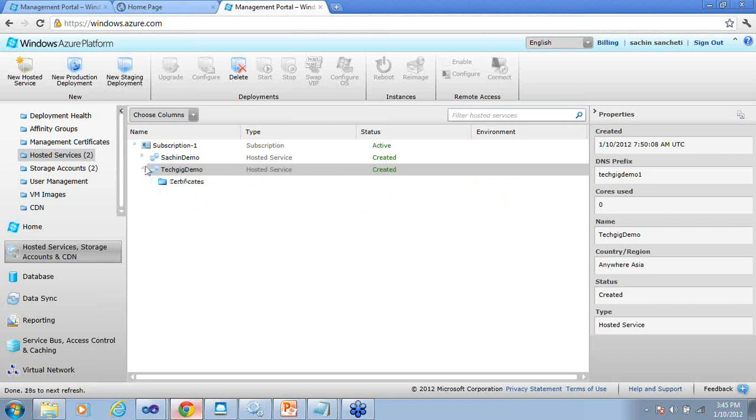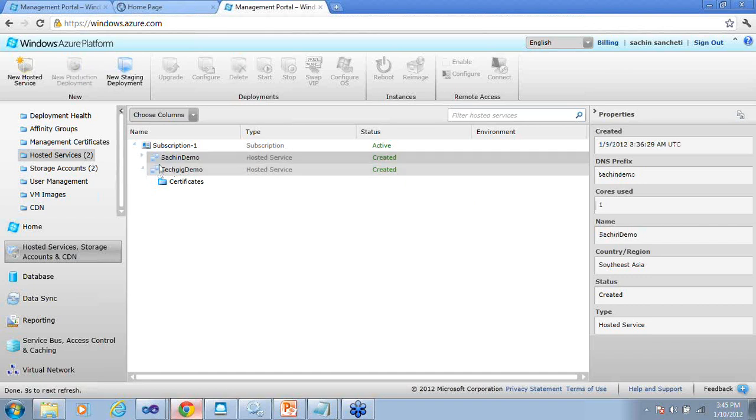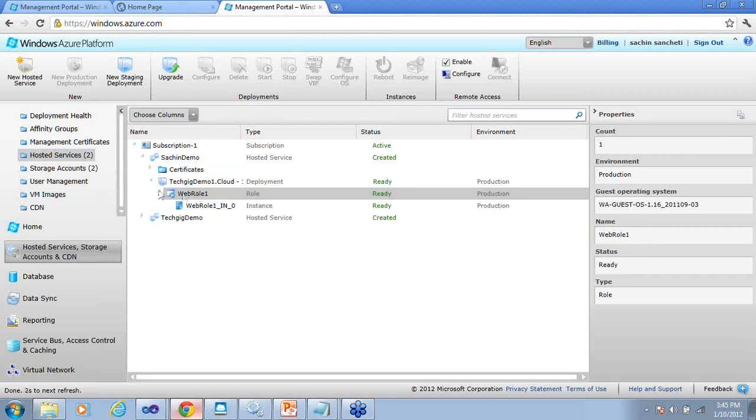Now, I have 2 hosted services. Hosted service is nothing but where I'm going to deploy my application. It's compute, I can say, code used. As of now, I have 2 hosted services, but only 1 application running. Charges are applicable at the time your application is running. Even if it is stopped, you are still charged for it. Unless you delete it, you are not freeing resources; if you delete, you are not charged for it.